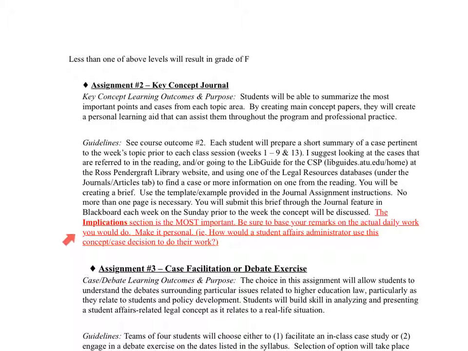This is the most important part of the Key Concept Journals, and that's the way that I want you to write those. When you're putting these journals together, you will have an edit text box in that journal entry area, and I want you to write everything out and put the template in there. I don't want you to write it in Word and then attach it. I want it to be right there in the actual text box.